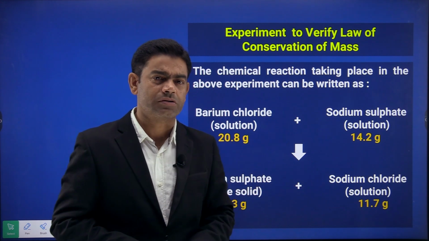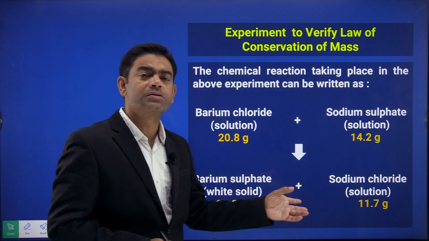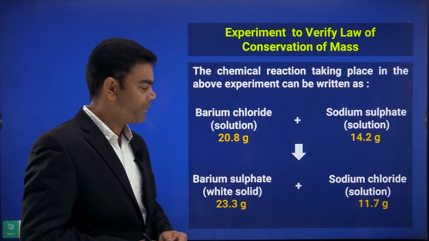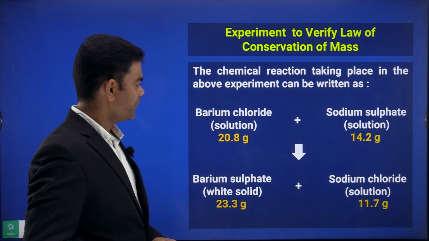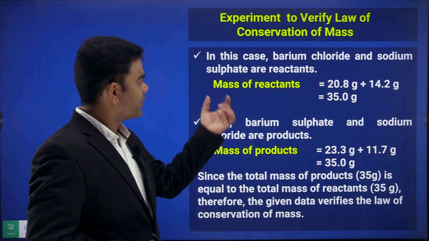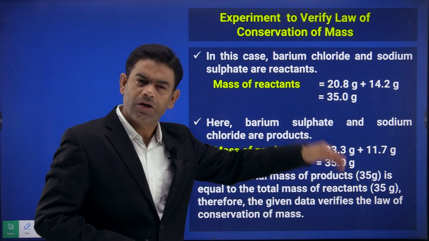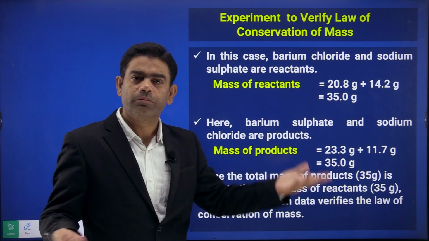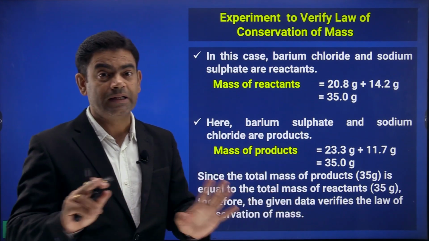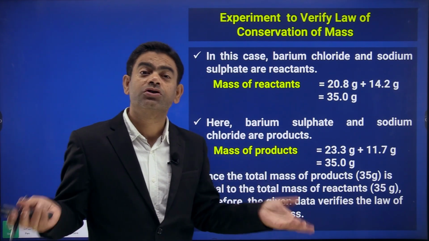We will try this question also. If somewhere we have to find an unknown mass with two reactants, we will do that also, okay. So here it is given, mass of the reactant was 35 grams, mass of the product was 35 grams, 35 equals 35, nothing lost, neither gained.